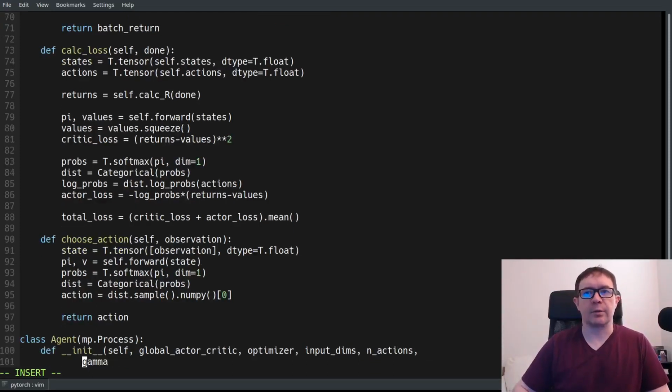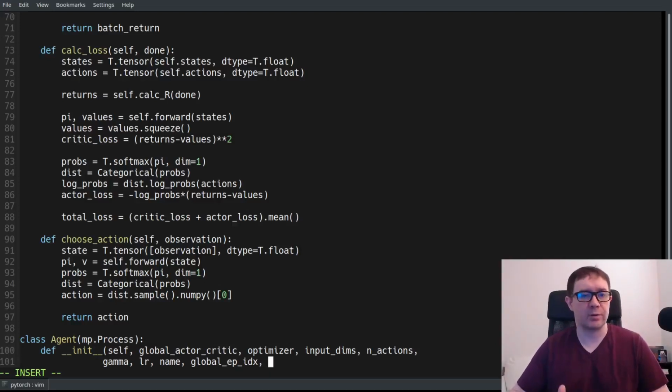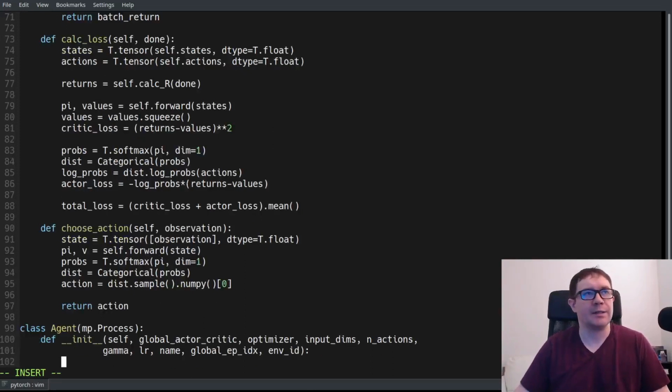Input dims, number of actions, gamma in case you want to use something other than 0.99, a learning rate, a name to keep track of each of the workers from our multiprocessing, the global episode index. So this will keep track of the total number of episodes run by all of our agents. It's not as easy a concept as it may seem, because you're doing asynchronous processing, as well as an environment ID. So the first thing I'm going to do is call our superconstructor